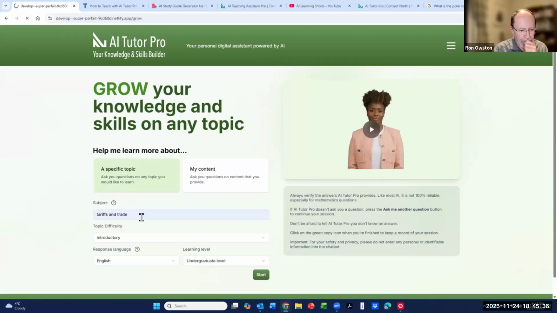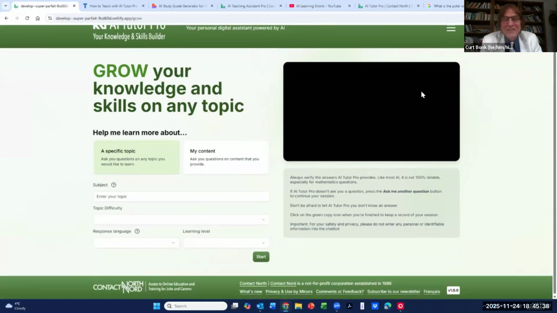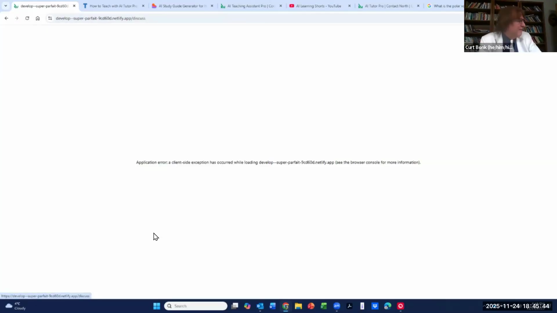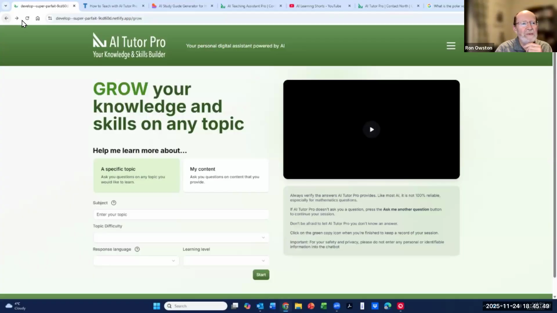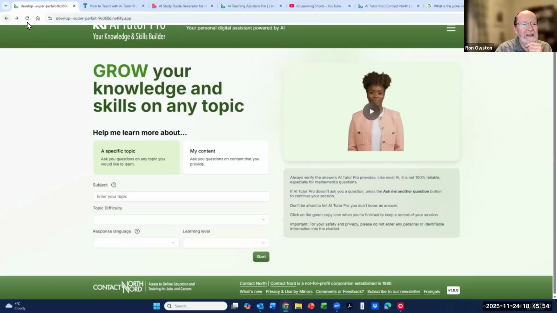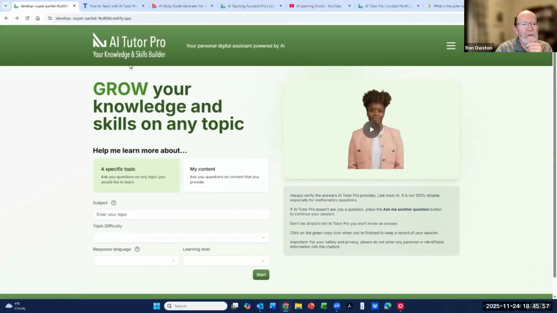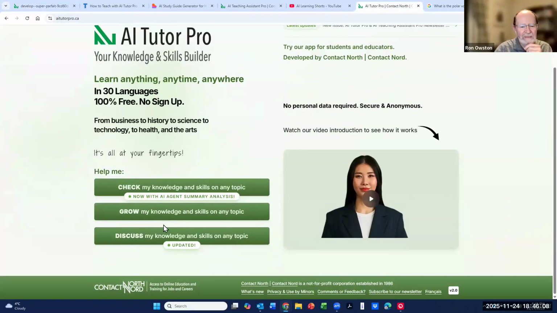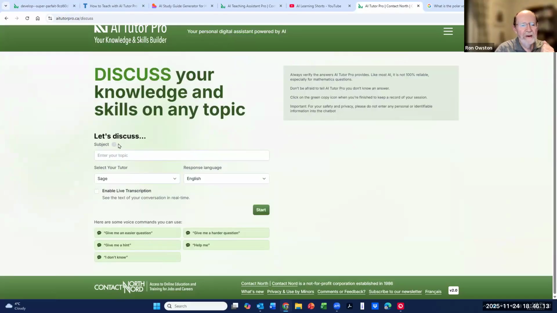I'll reload. Lo and behold, the topic of tariffs, because someone is coming from Canada, where plane flights to the U.S. are banned right now, right? Oh, I had an error. I guess it's being worked on right now, so I can't show you the test version, but I'll show you the other version. I'll try it once more just to see. No, I think it's a test link only. So I'm not going to be able to use it. Okay, I'll use the version that we have right now. The test link works so much better, but we'll try this one here.